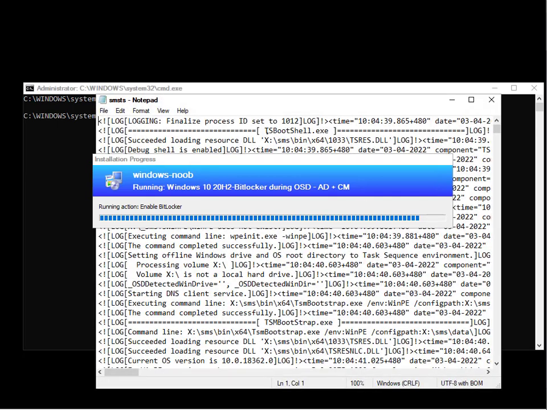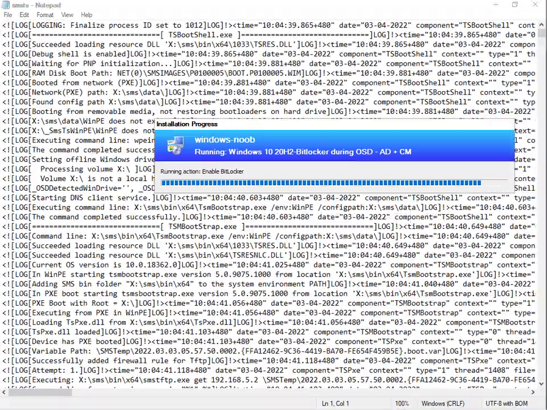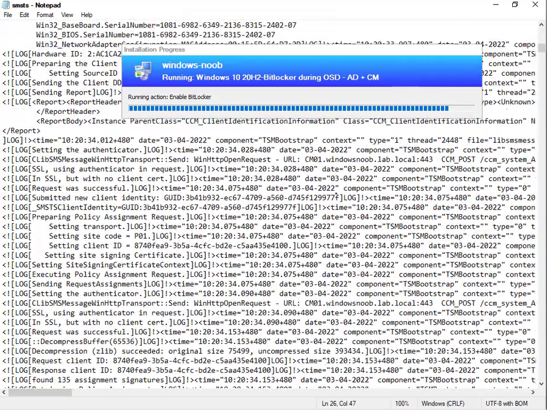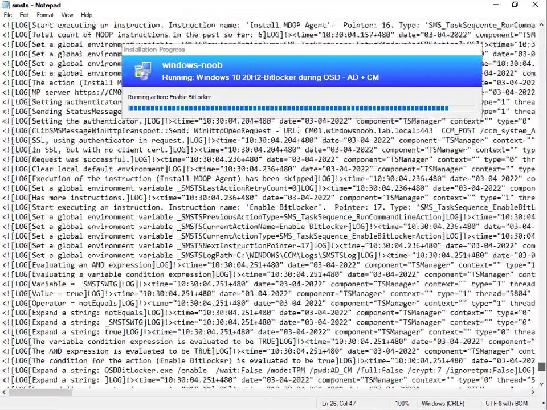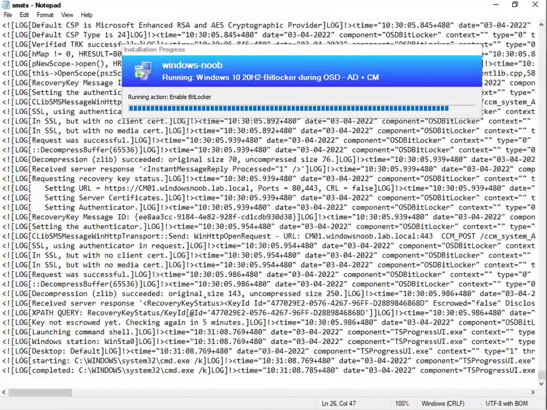Of course, we don't have CM Trace in this one, so let's try Notepad. C:\Windows, CCM, logs. Let's have a look at this. Just see what info is in there right now for the Enable BitLocker step. And that'll be the step that we're currently on. And what we can see is, let's see,